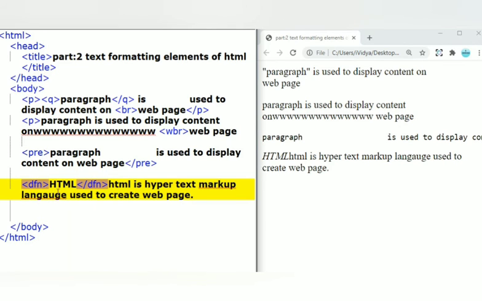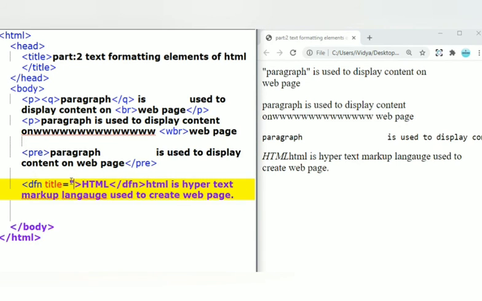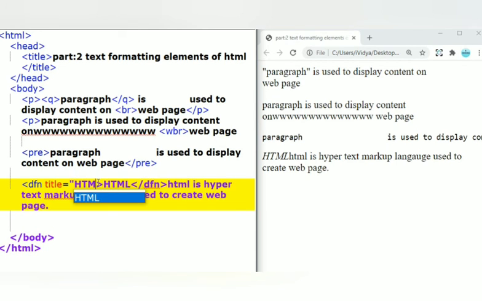Now what I will do here, I'm going to use title here. Whatever term you want to define here, that term we can write inside the title attribute here. HTML I am going to explain, so HTML I am writing here. Close the quote.